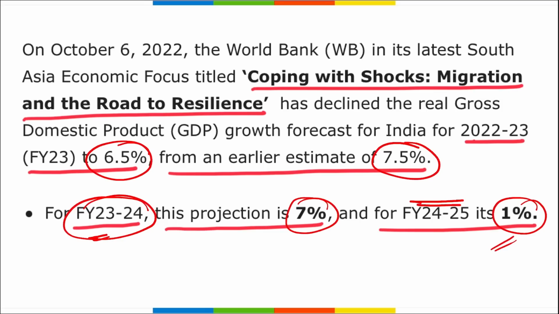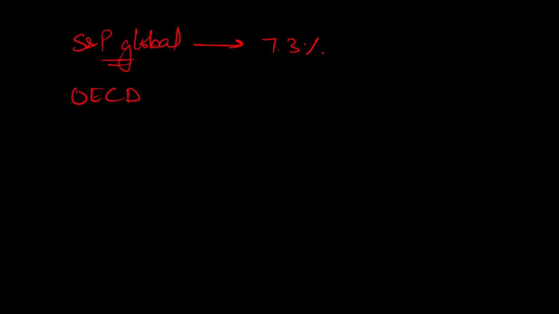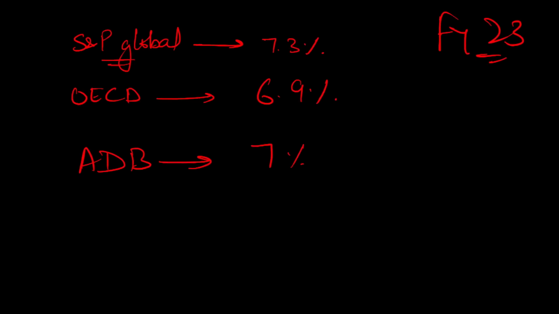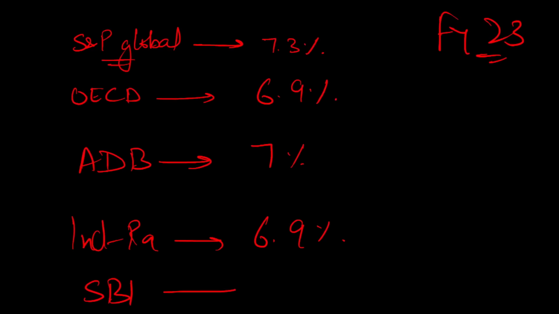Next news. But before that, friends, let's discuss some other rating agencies that projected India's GDP growth rate. If we talk about S&P Global, S&P Global gave the India GDP growth forecast to be 7.3%. OECD, that is your Organization for Economic Cooperation and Development, gave it as 6.9%. ADB, Asian Development Bank, projected India's growth rate to be 7%, and this is for fiscal year 23 we are talking about. All right, Ind-Ra expects a growth rate of 6.9%, while SBI's Economic Research Division projects India's growth rate to be